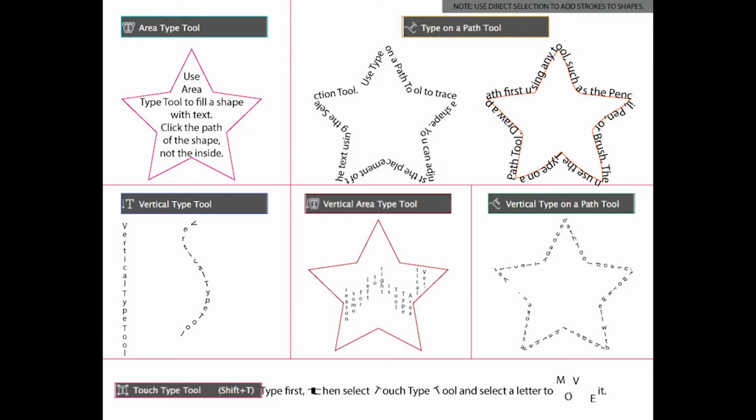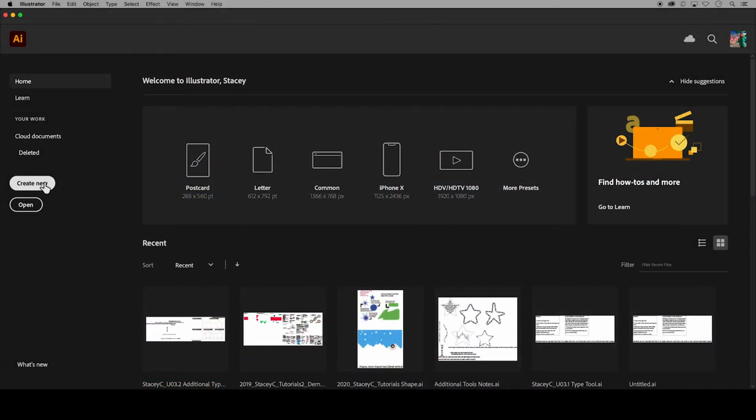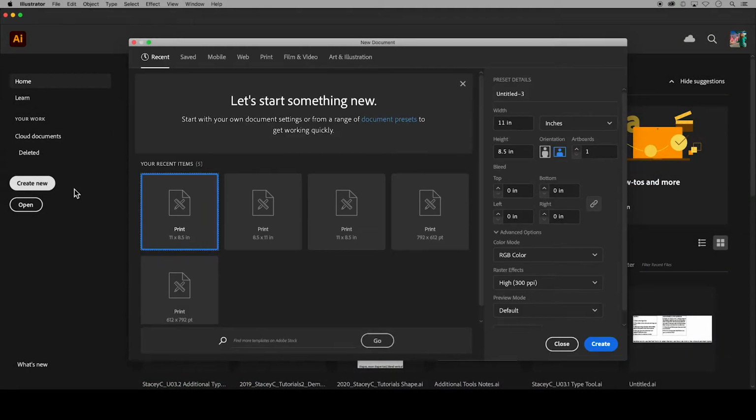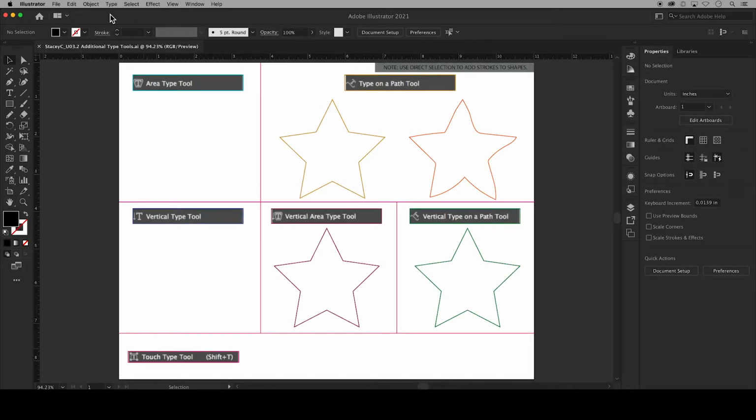In this video, I will demonstrate how to use the additional type tools in Adobe Illustrator. You can follow along with me and first create a new document, print is fine, landscape with one artboard, and click Create. I've already created a template to demonstrate, so your practice with these tools doesn't need to look like